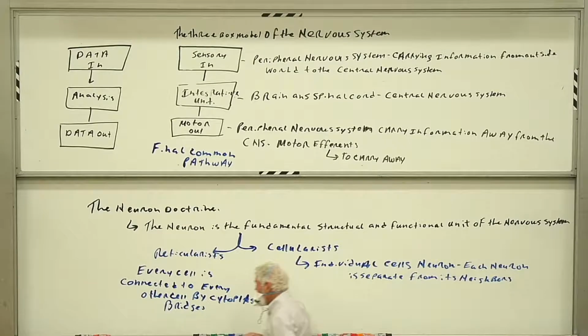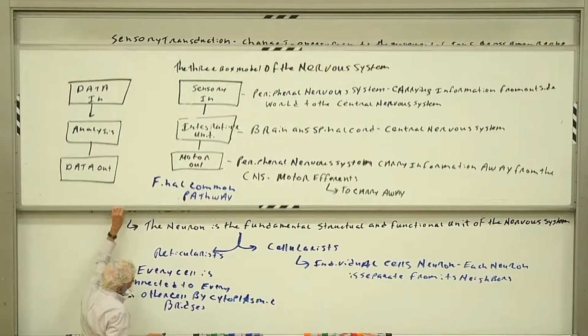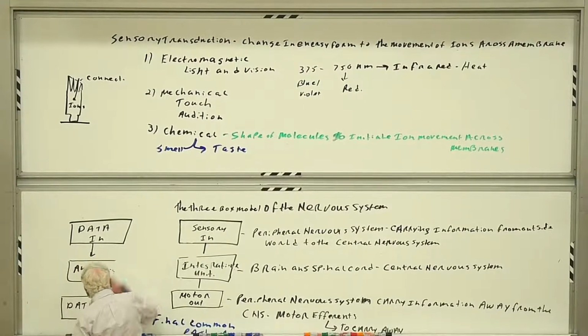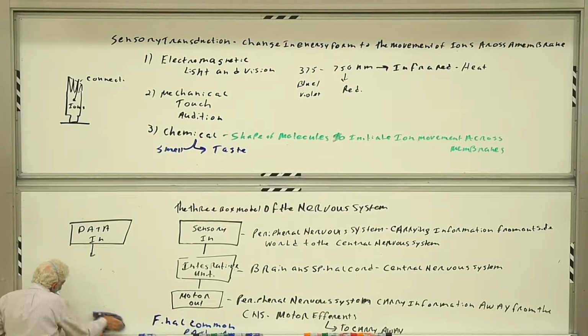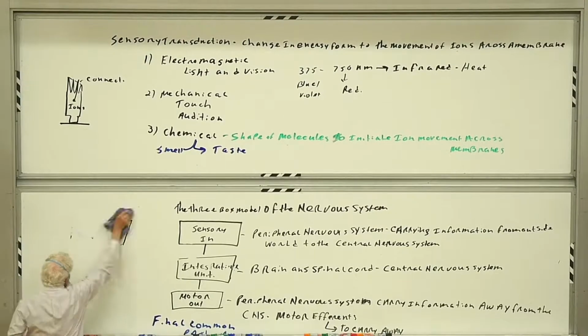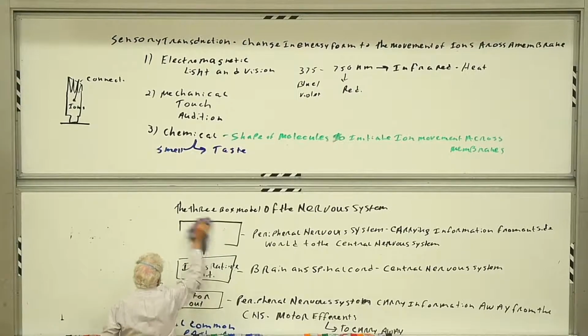This argument went on for several years. And it turned out, I'm going to have to go to the upper panel. It turned out that largely it was solved by a change in the staining techniques, where the aniline dyes that we talked about, such as the Nissl dyes, could stain cells by their nuclei. They couldn't see the extensions of the cell. They couldn't see the processes of the cell. And so